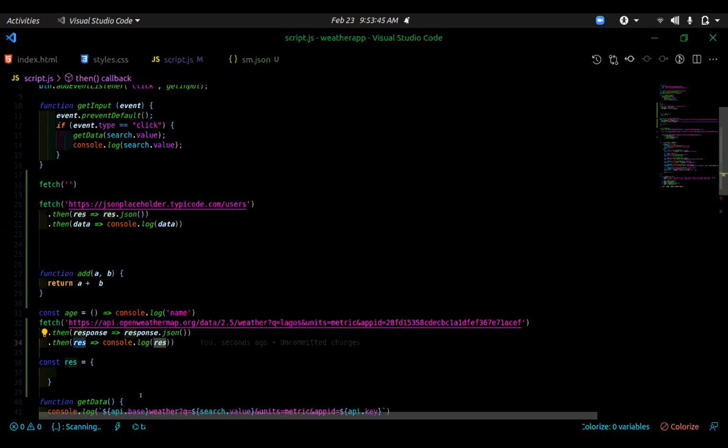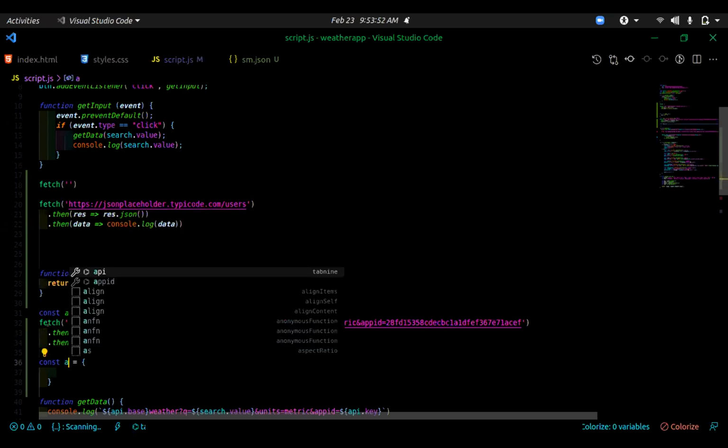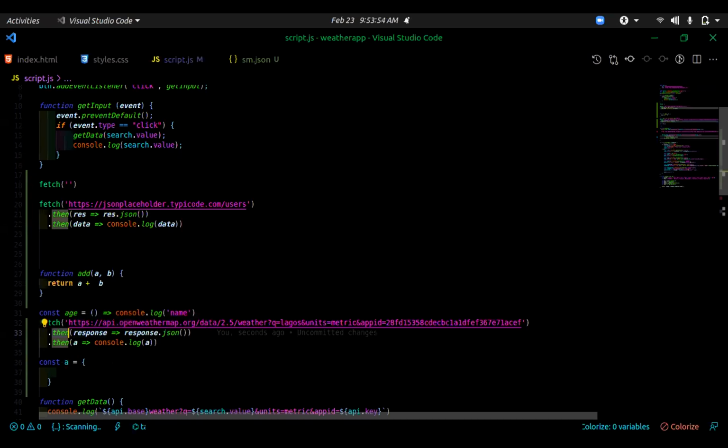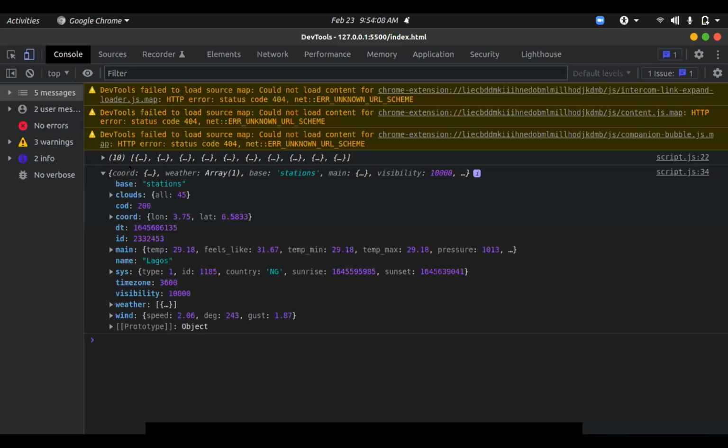Now, if I change this to A, for example, that means I'm taking all of the response that I'm getting here and adding it into a variable like this, and I'm putting all of that response inside of this object. Now, to understand that very well, let's say here now